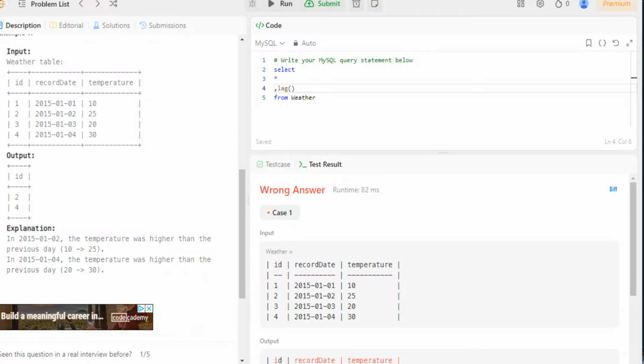Offset is the number of rows back, and then default. Default is the return value if offset goes beyond scope. Okay. So expression. We want a 1, then offset 1, and default of 0. Then over partition by